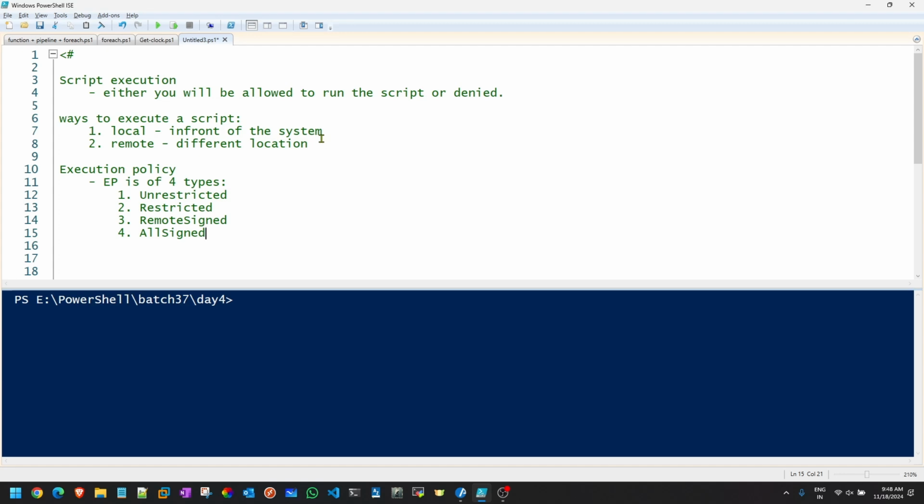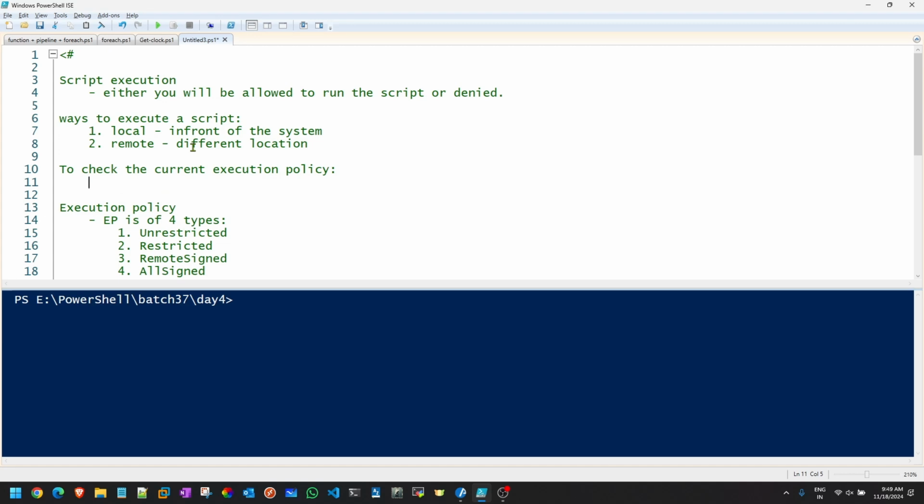How will you check which policy is applied to your machine? To check the current execution policy, the command you need to run is Get-ExecutionPolicy. That's the command. Get-ExecutionPolicy.